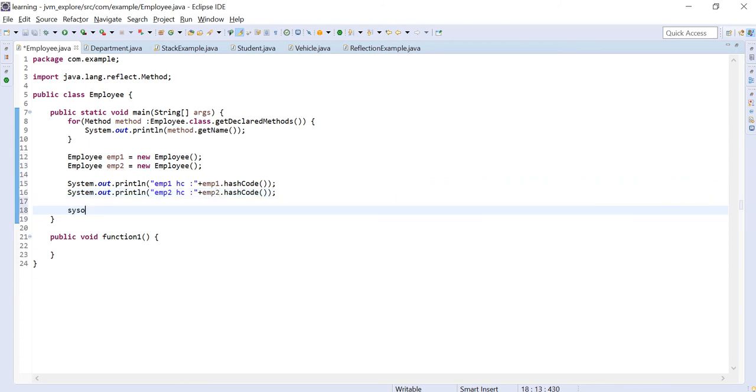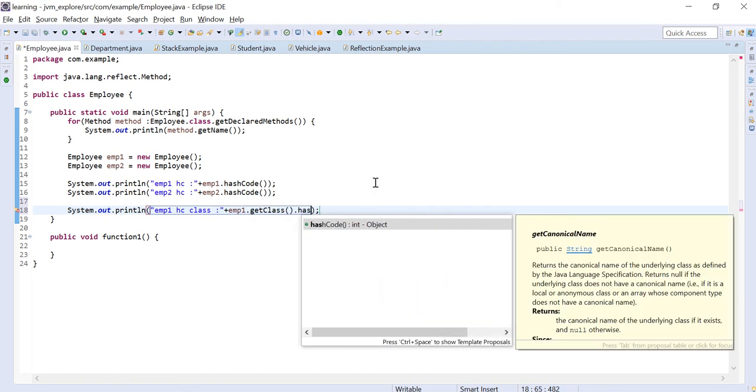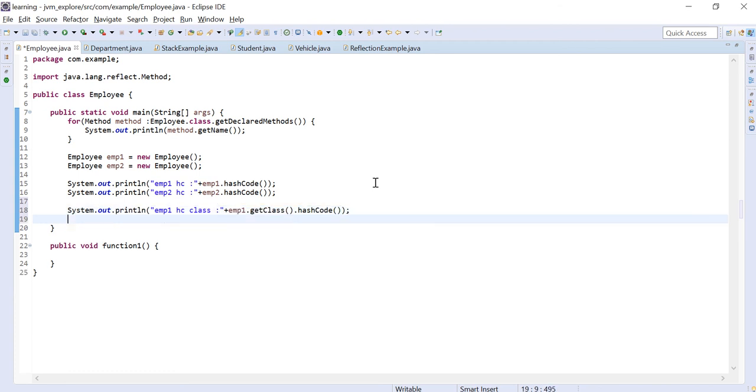Also, we'll try to print the hash code of class which employee 1 is pointing to, and we'll do the same on employee 2.